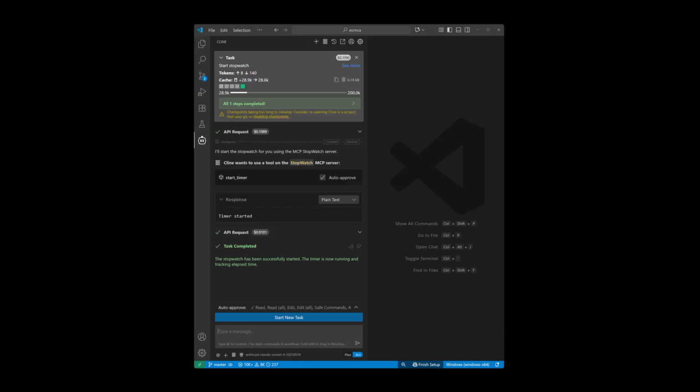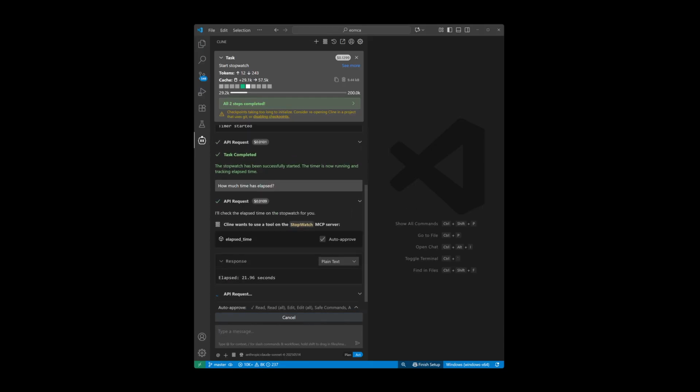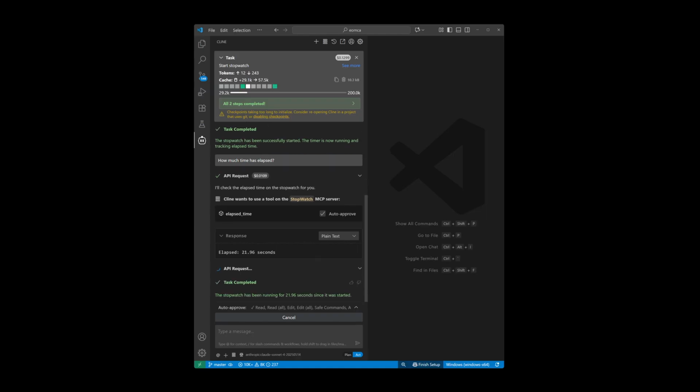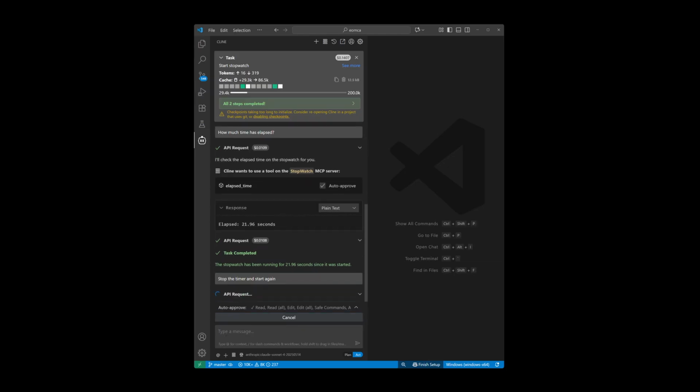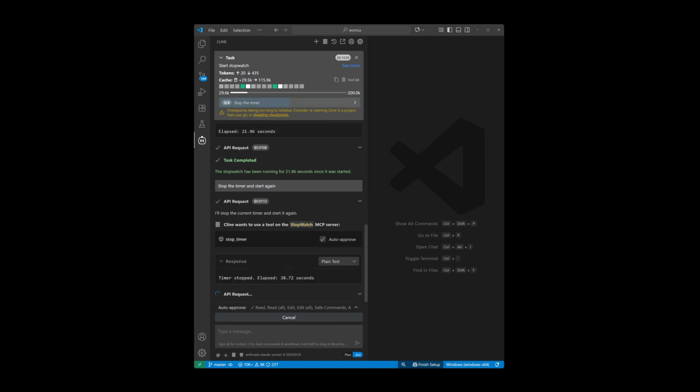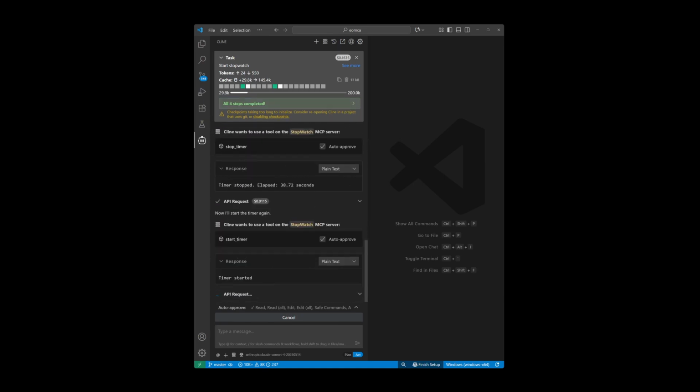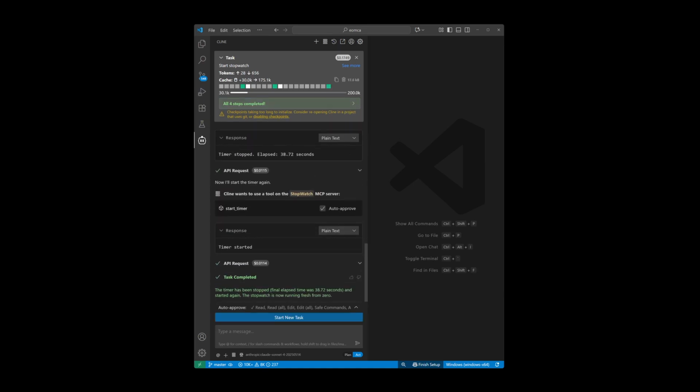Now let's confirm if this is running by asking how much time has elapsed by prompting Cline. And just like that, we see Cline use our own custom MCP once again to check how much time has elapsed since the timer started. You can also compound different commands by saying stop the timer and start again, and Cline will now call 2 commands sequentially like this. So as you can see, creating a custom MCP is not only an extremely straightforward process,